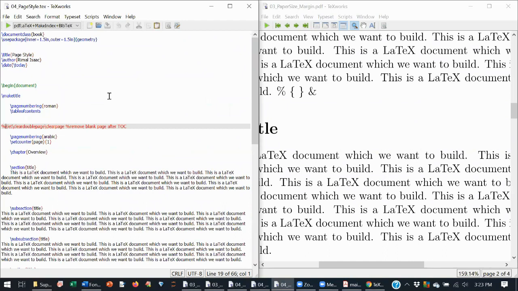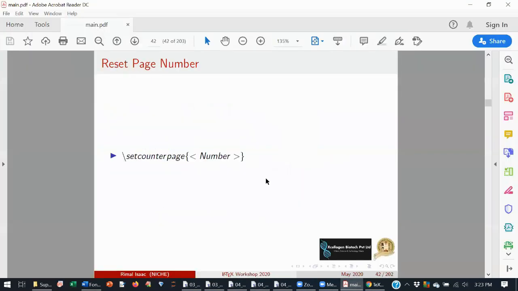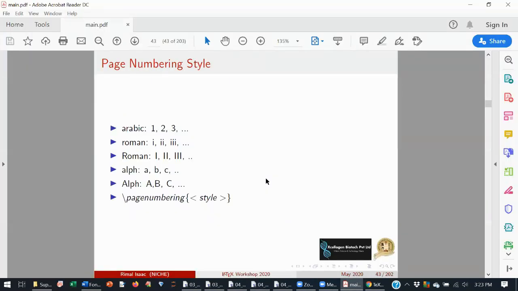So page style, I told you, means header and footer. We all know most of our documents have page numbers in the footer or in the header. When you look into this presentation, we have different types of page numbering style in LaTeX.